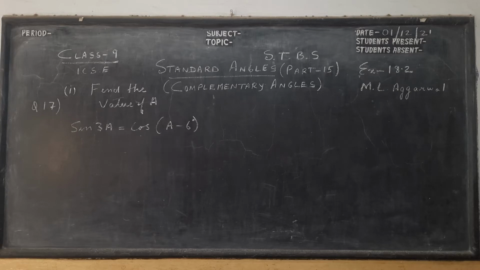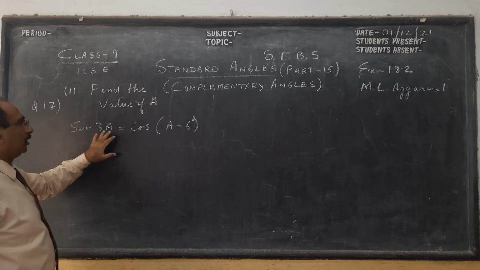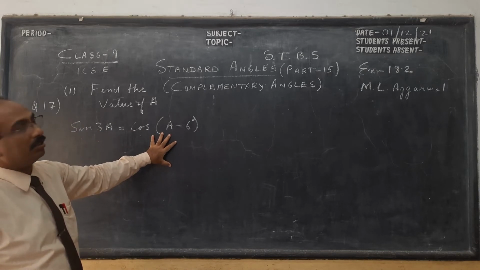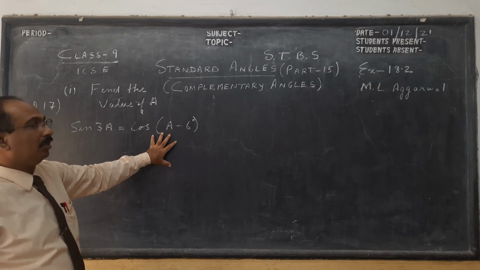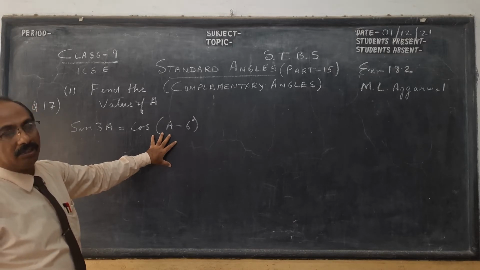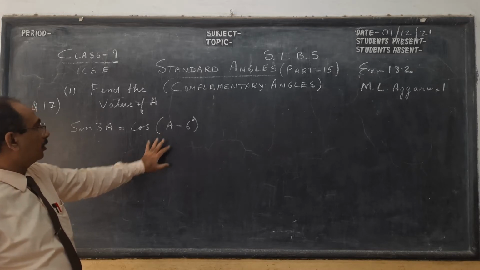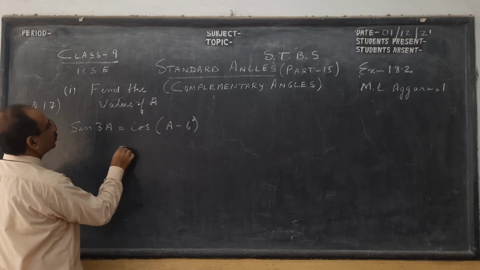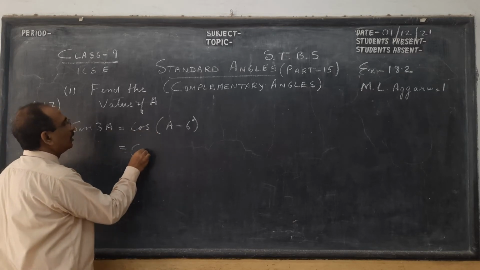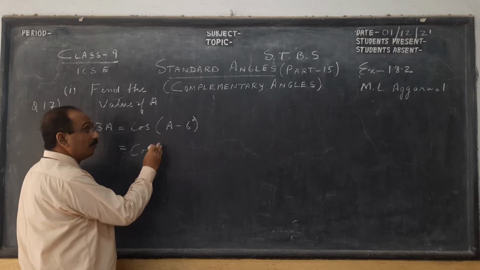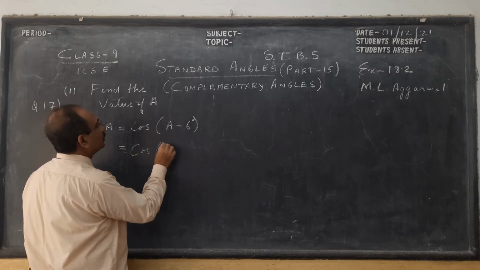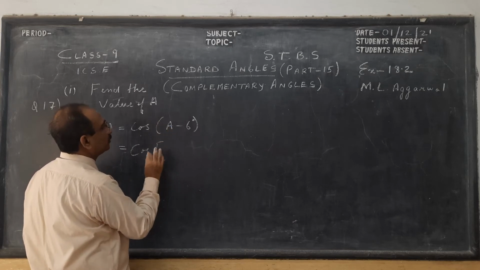So next we move on to question number 17, part 1. Find the value of a, where 3a and a minus 6 is an acute angle below 90 degrees. This is very important, children, because in 11 and 12 we will see what happens if it is beyond 90. So very similarly, see here, if I have to find a, both sides should be sine. So now see, how can I convert cos to sine? We know cos(90 minus theta) will give me sine theta. So see this one, use of big bracket. This is the main thing.